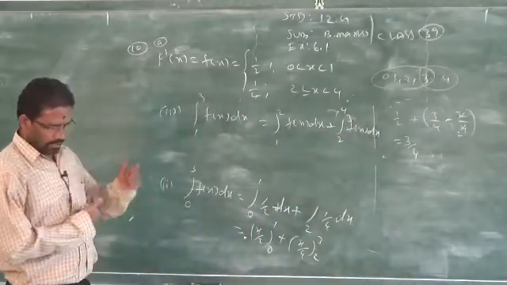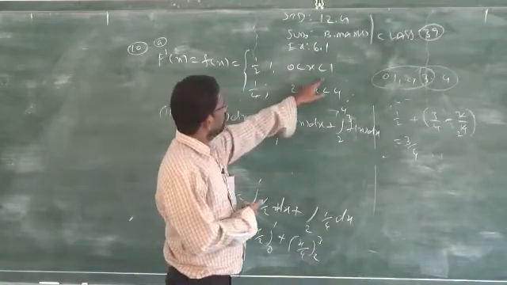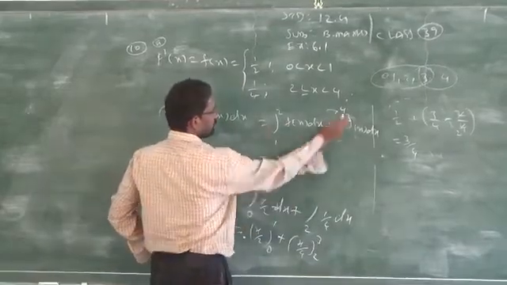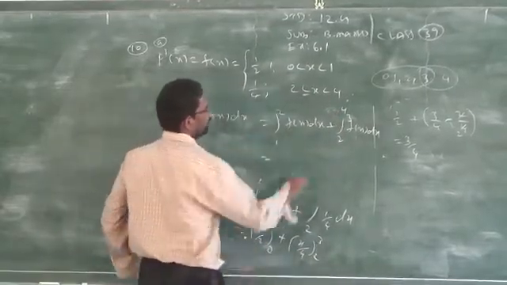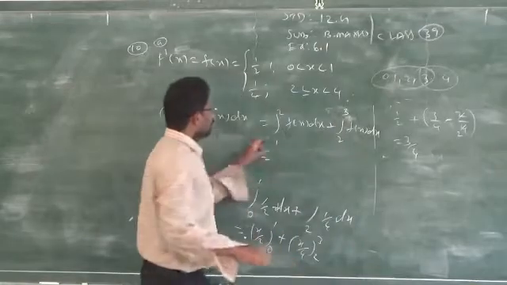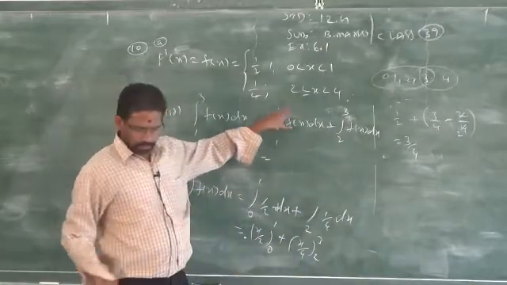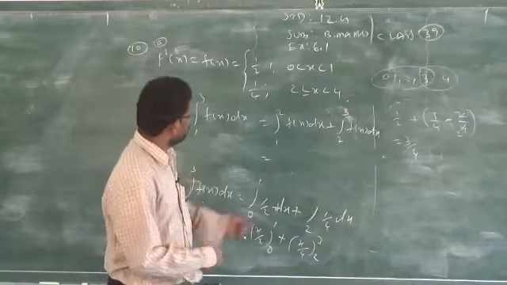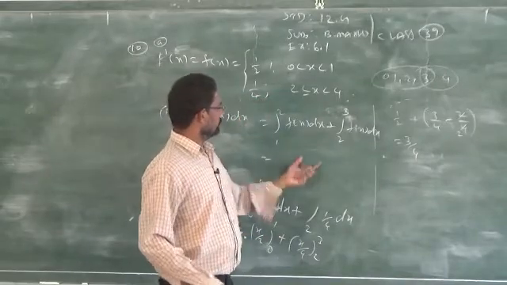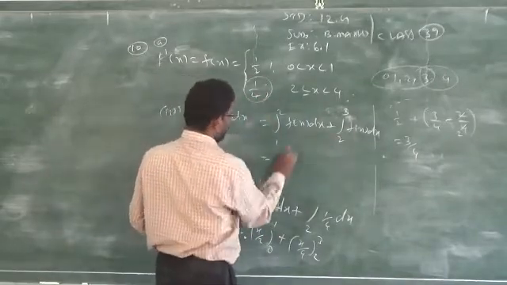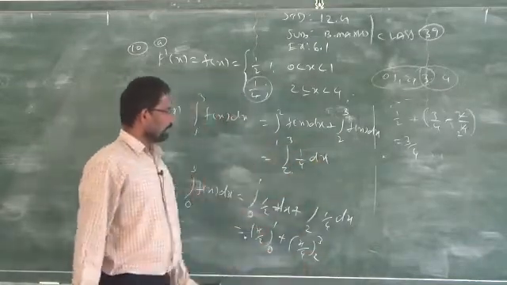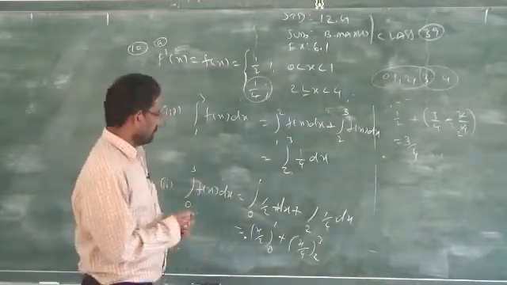1 to 2. Do you have any limits for 1 to 2? 1 to 2 is not given, therefore, this will be 0. So, this is the idea of how to proceed. Clear? 1 to 2, 2 to 3. Do you have any limits from 1 to 2? It is not there. 1 to 2 will vanish, therefore, this will become 0. 2 to 3 will come in which one? 1 by 4. So, you have to take this function for f of x, 2 to 3 of 1 by 4 dx. Integrate, substitute the upper limit and the lower limit, and you will get the answer. Clear? So, this is very simple.